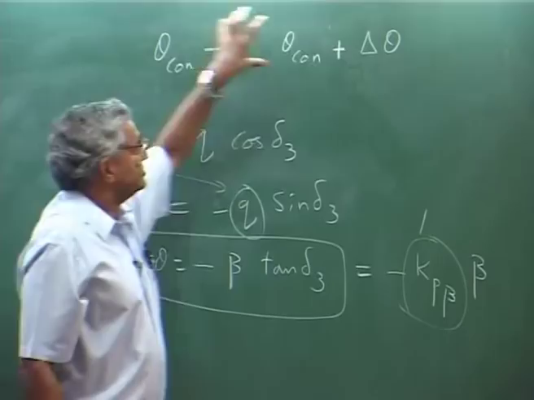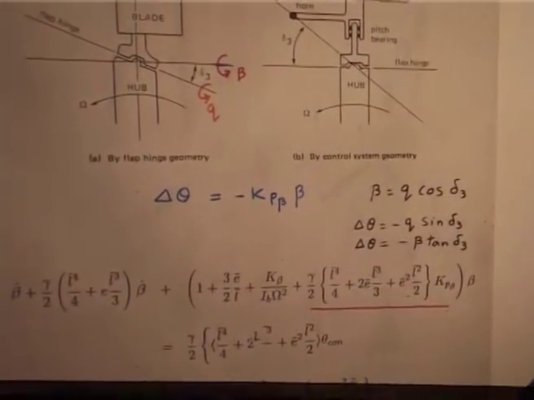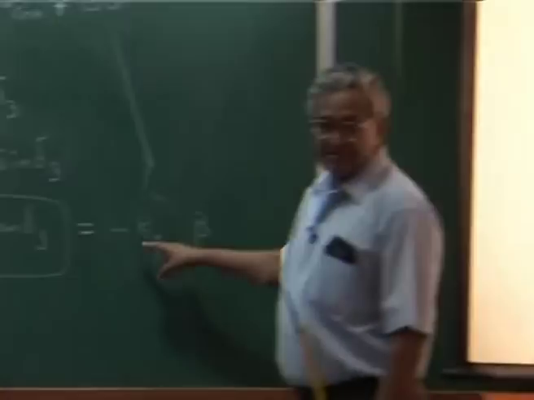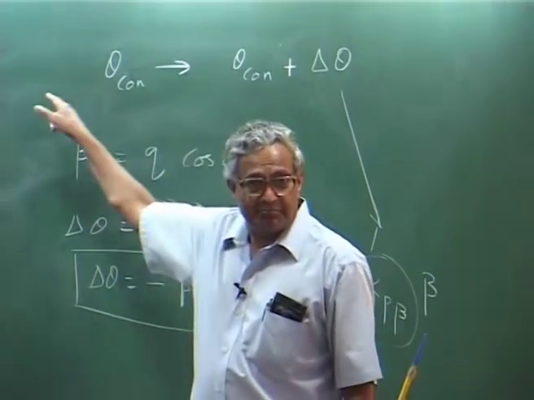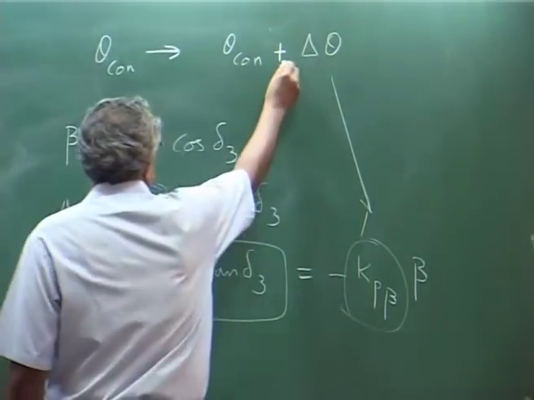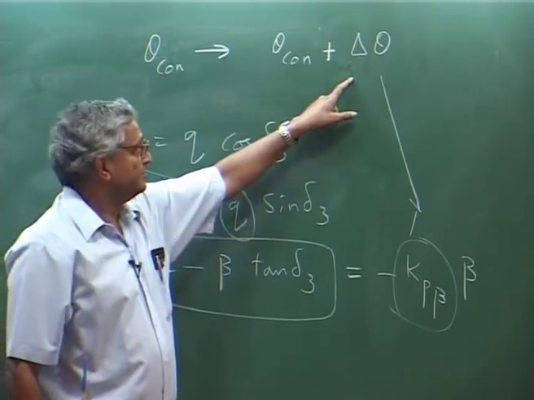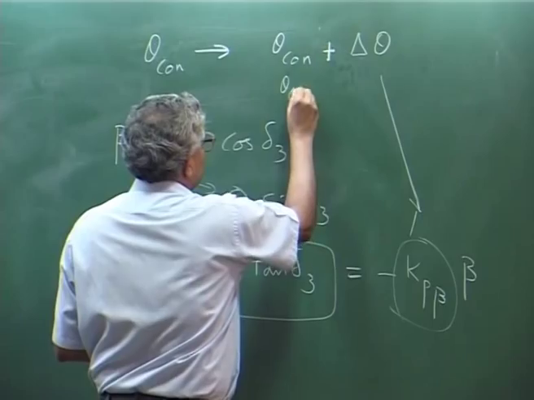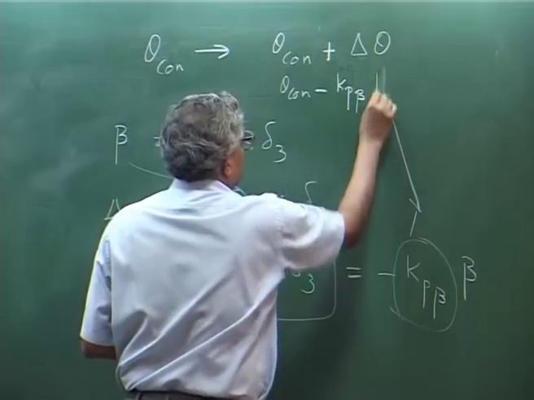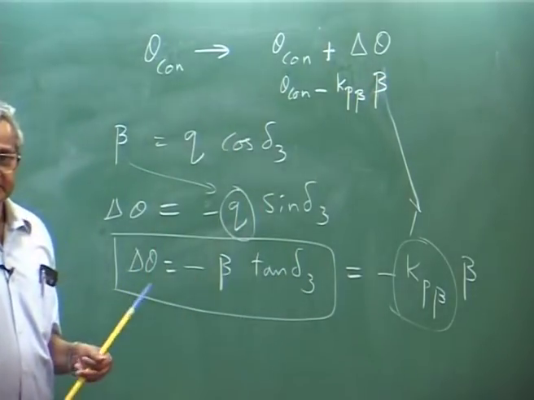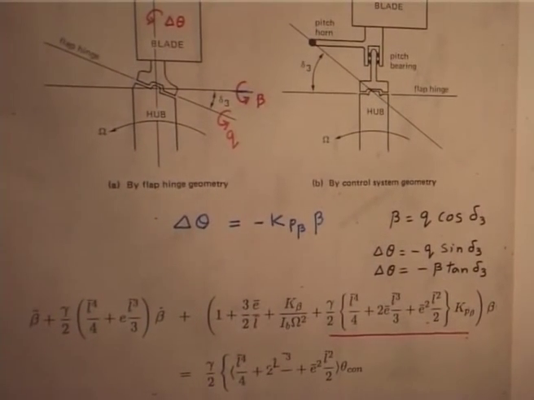Now, you bring this term to the left hand side, add it with the flap term and then substitute for delta theta as minus Kp beta beta. So, when the minus comes to the left hand side, it will become plus, because here this plus, if I put this directly, this will become minus Kp beta beta. So, theta control becomes minus, and take this minus to the left hand side, that will become plus, along with the aerodynamic terms, that gamma,